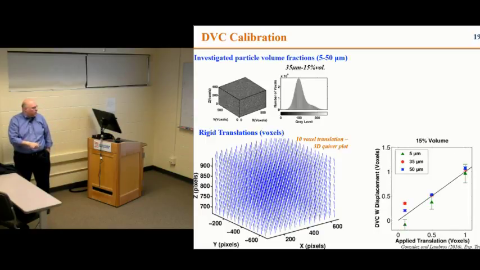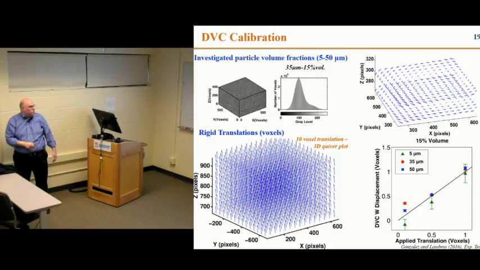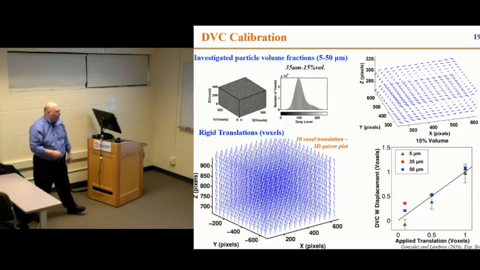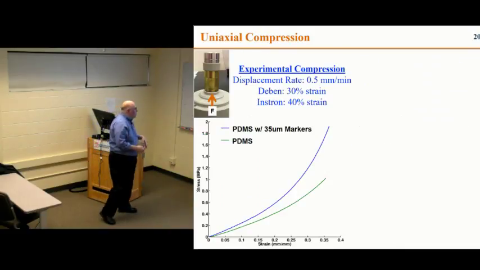And this is basically a uniform translation upwards by a certain amount, 10 voxels, which is fairly large. And you can vary that, and we want to make sure that we are able to capture that. And in the process, we can narrow down, for this combination of materials and of imaging conditions, what are the best concentration of particles and size of marker particles. Rotation, here's a rotation, in-plane rotation. These are all experimental results, right? So once we're happy with that,